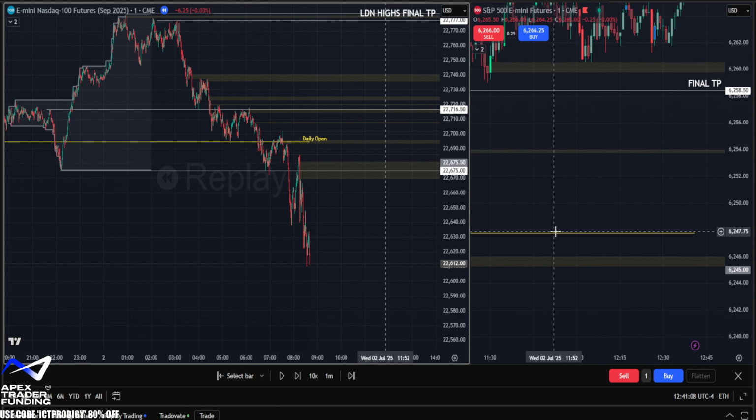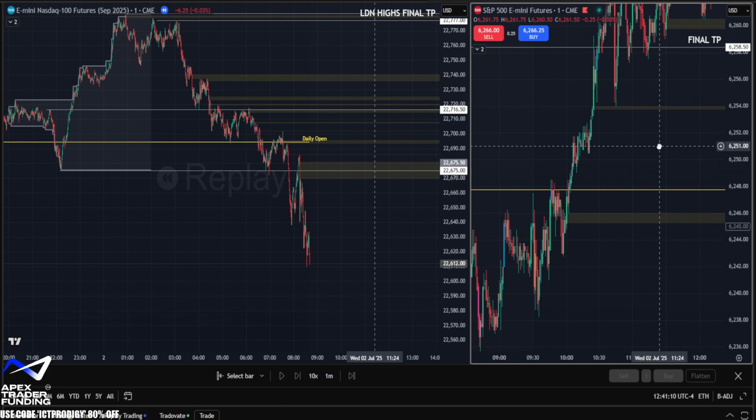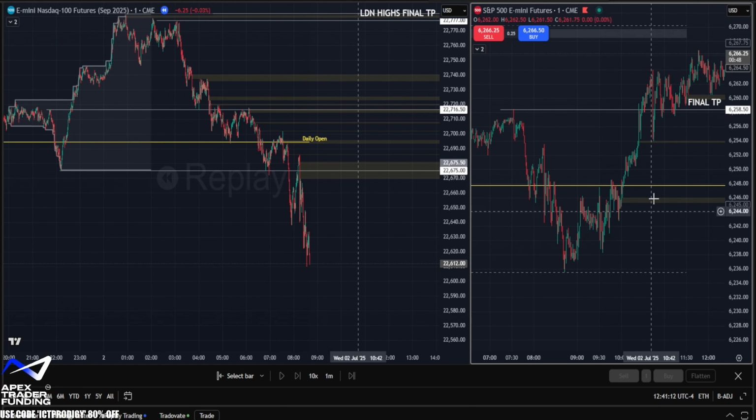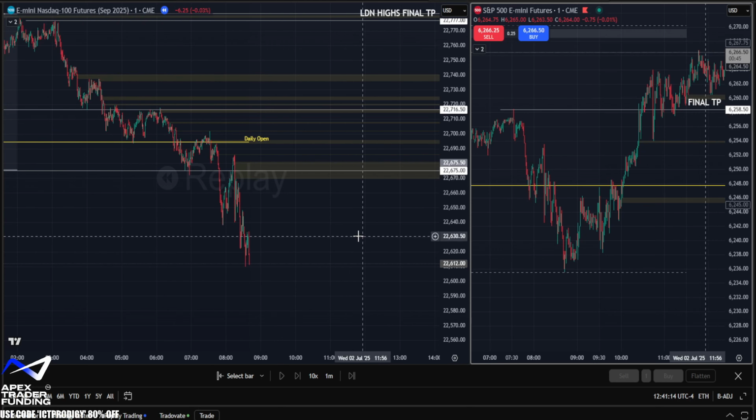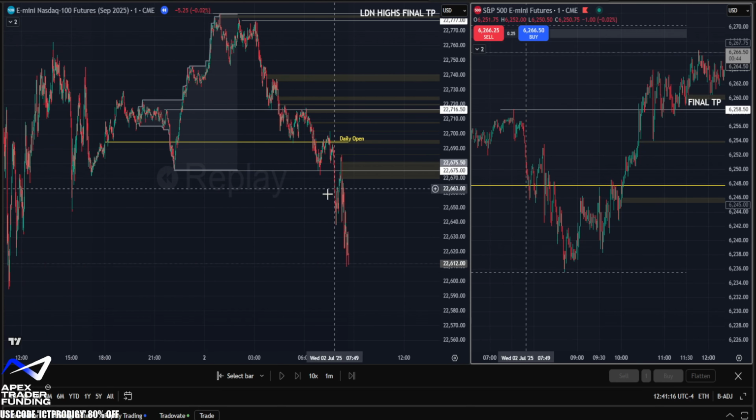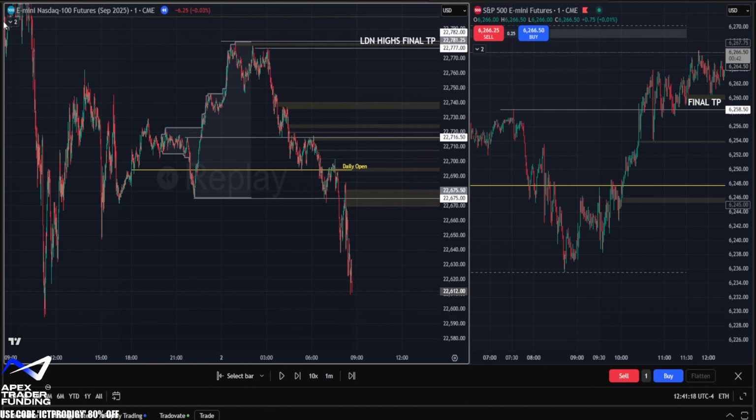So I just wanted to quickly break down this trade that we took in today's session because it's one of the good trades that will give you an indication for exactly what I'm looking for coming into the New York session. So what you want to do, the first thing you want to be doing guys is have this little